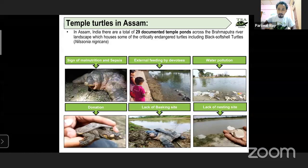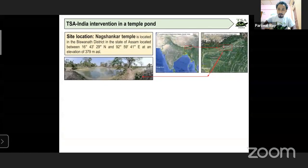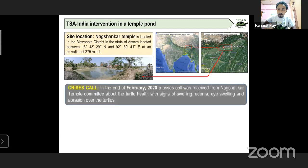So this is a similar kind of problem that the temples in Assam are facing. We took intervention in one of the ponds at the Nakshankar Temple, situated in the Vishwanath district on the northern bank of the Brahmaputra. In February, we received a crisis call from the Nakshankar Temple committee about the turtle health problem, with swelling, edema, eye swelling and abrasion over the turtles'